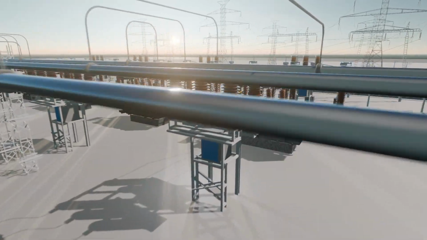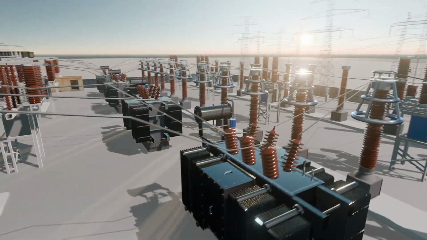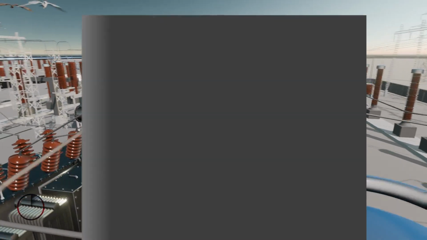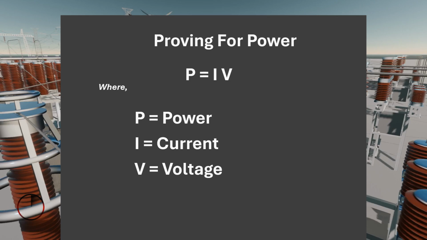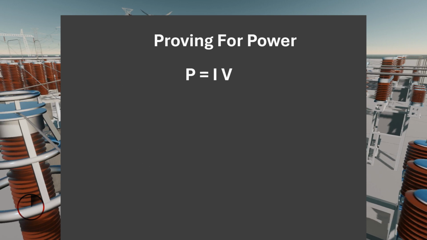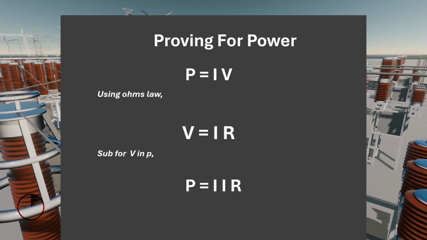This can be proven mathematically using these equations here. P is equal to I multiplied by V, where P is the electrical power, I is the current, and V is the voltage. So it can be said that electrical power is equal to electrical current multiplied by voltage. And because there will be a voltage drop along the wire, this can further be proven using Ohm's law. That is, voltage is equal to current multiplied by resistance. So when we substitute for voltage here, then electrical power will be the square of current multiplied by the